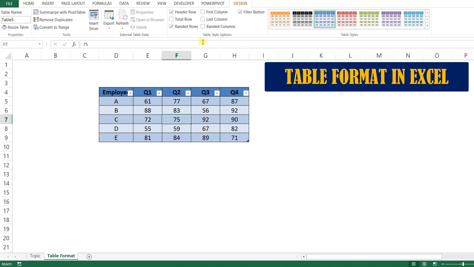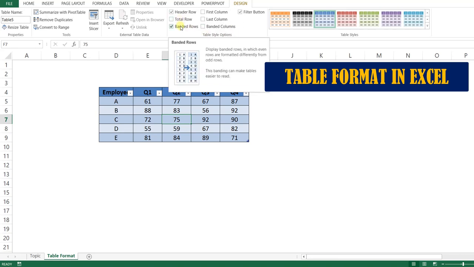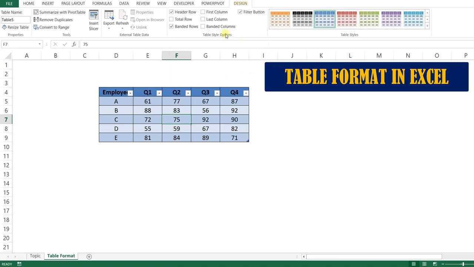Here we can see one group named Table Style Options. There are currently 7 options available in the Table Style Options on our Excel screen. We will see one by one what the features of each option are.